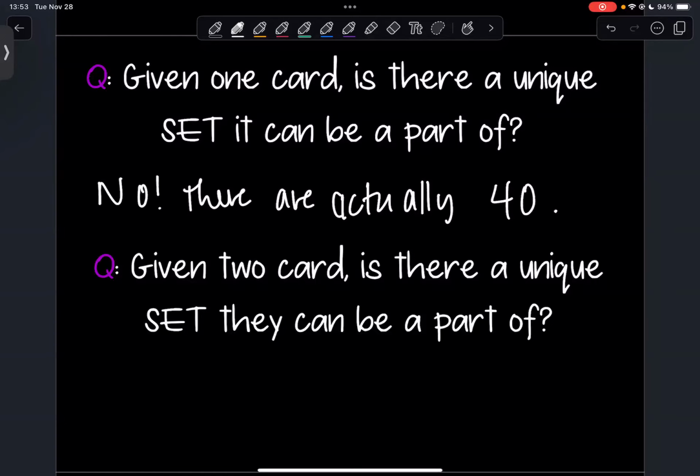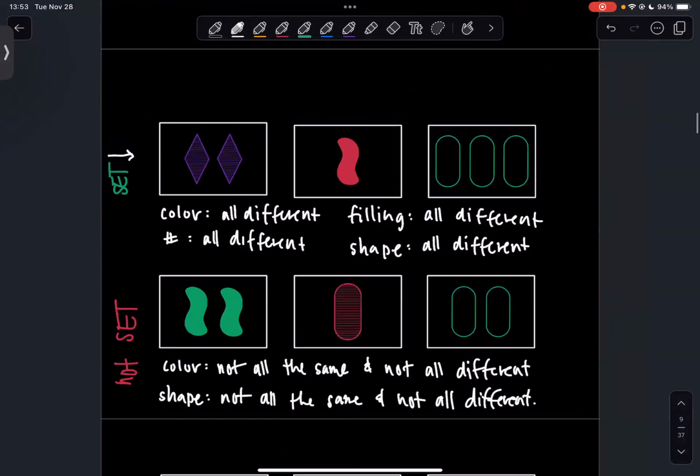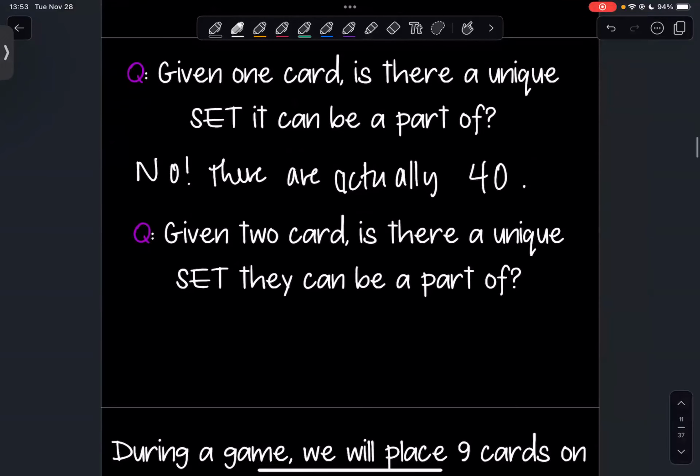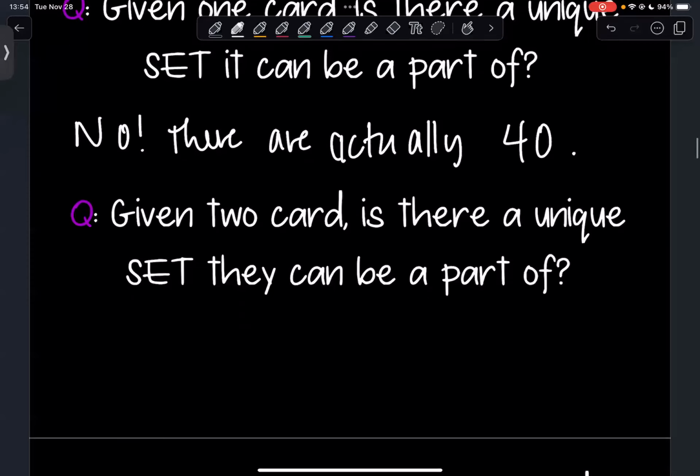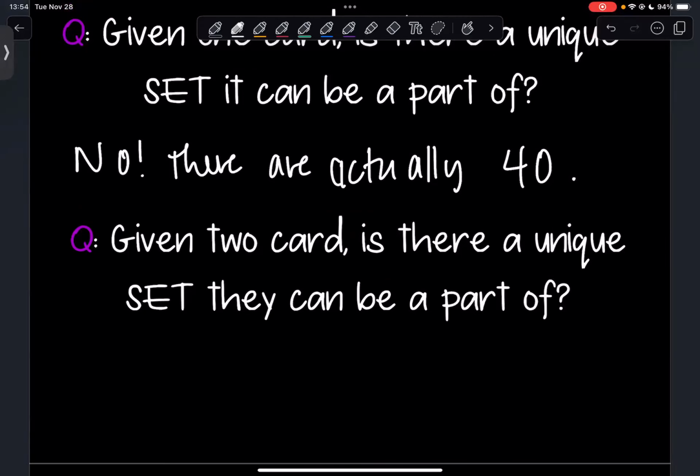And I don't think I had an example earlier within my two. Nope, I did not do that. Right, but you can pick one card, then decide for the second card that you want it to be a part of the set. You can decide if you want the attribute to be the same or different. And then once you've made that choice, this is actually going to answer the second problem. Once you decide what the second card is in your set, it'll completely determine what the set is. So as soon as you pick two cards, if you want to make a set with it, there's one unique set that they can be a part of, right? So here for the second one, the answer is yes, there's a unique set.